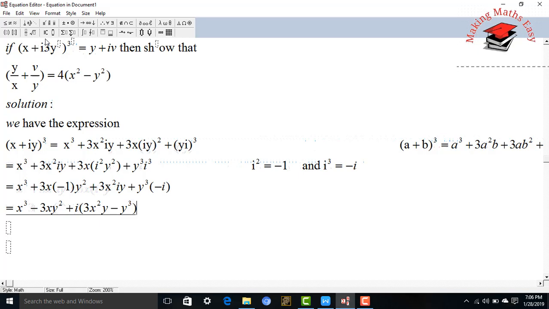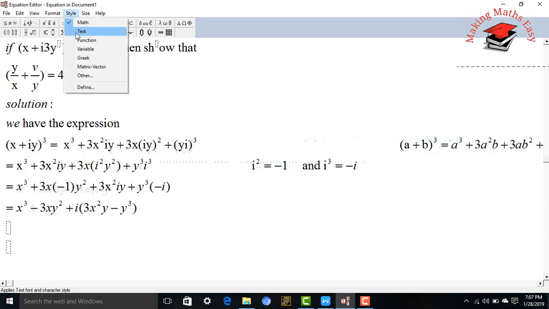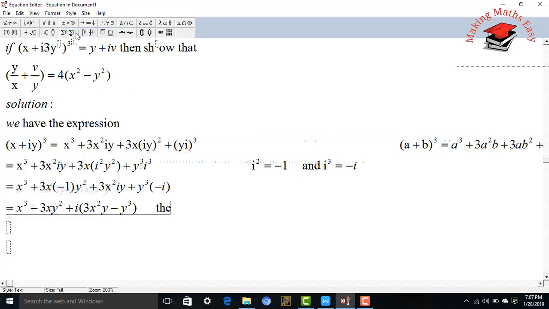This will be the imaginary part, and this will be the real part in this case. So the particular function or the particular value is equal to this. So we have to write it here in a note that the given equation